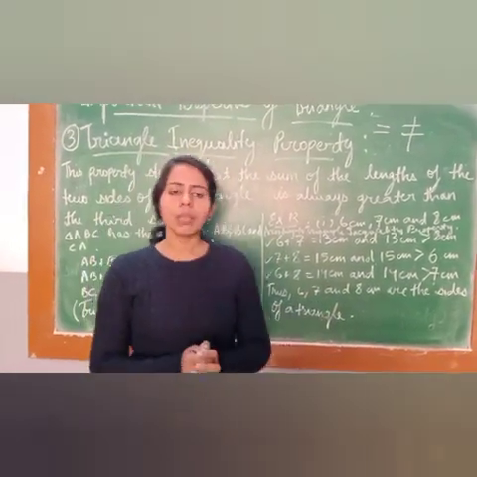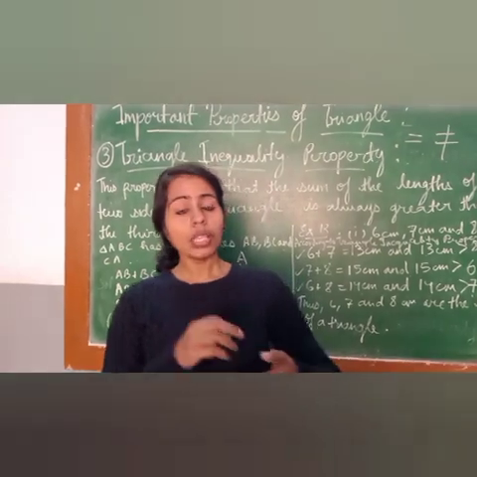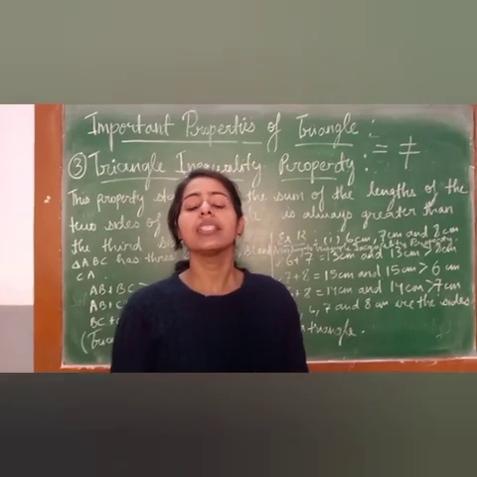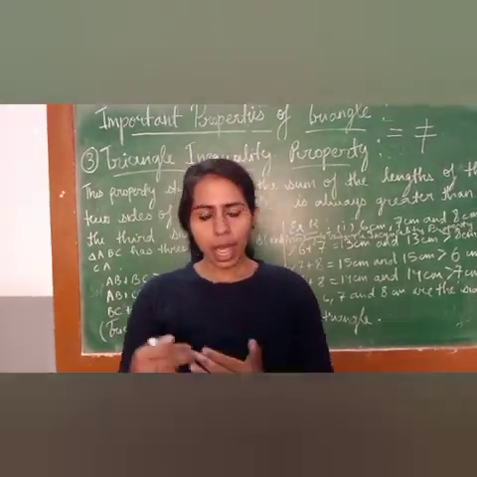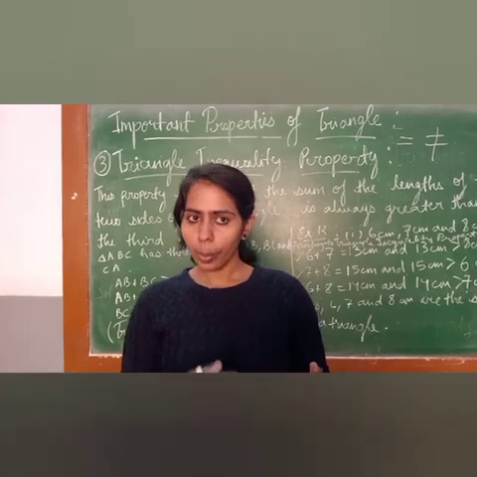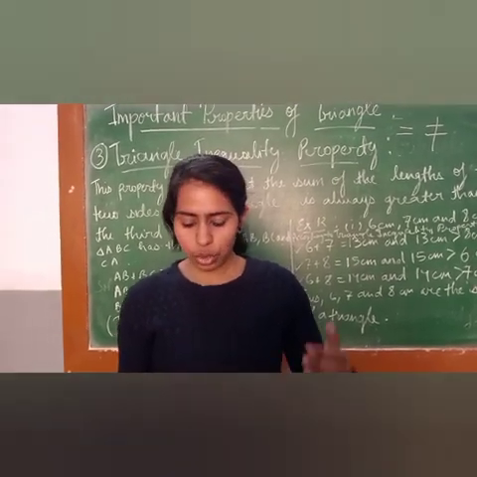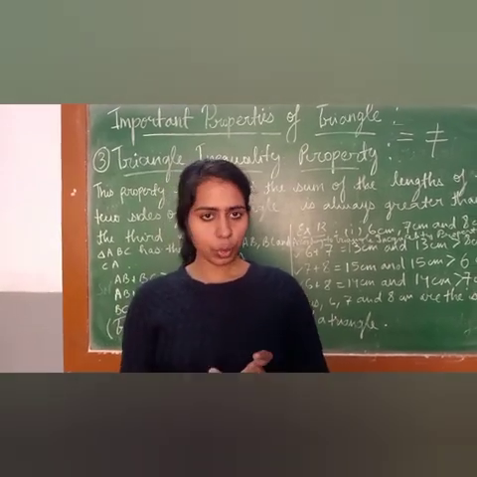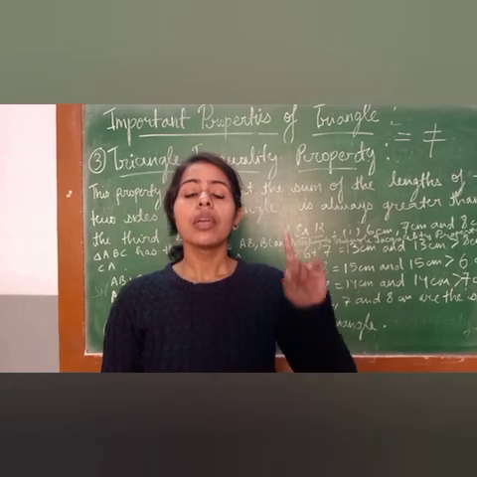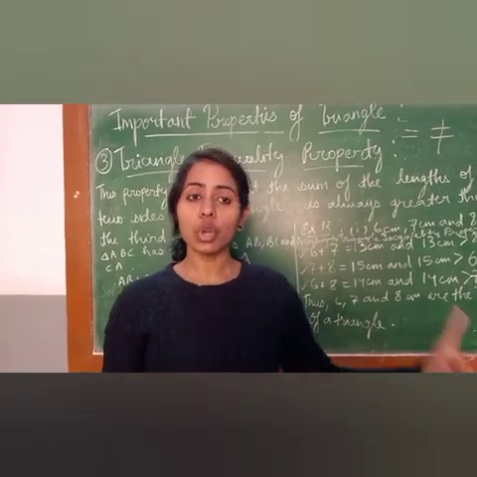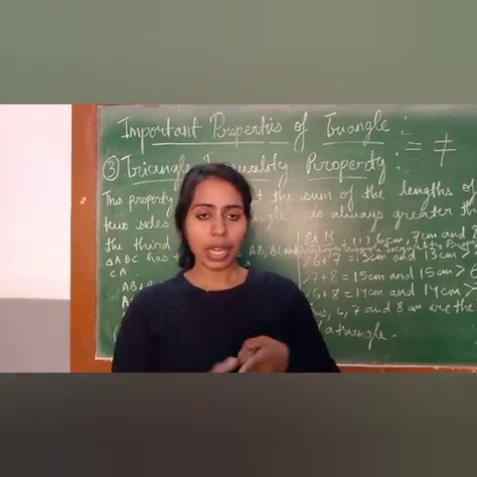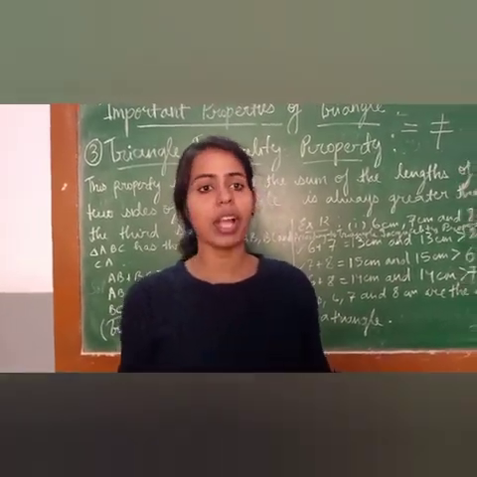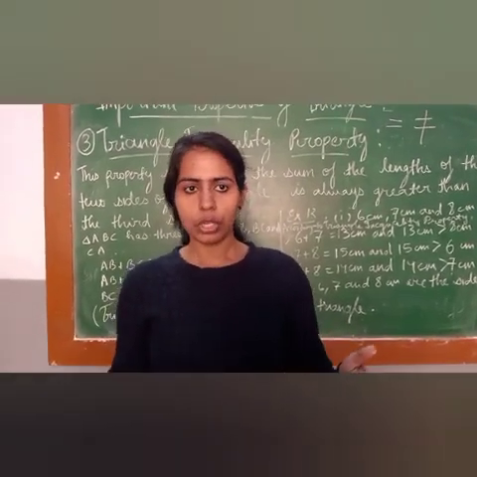Now, this was all about the 3 properties of a triangle. On the basis of these 3 properties of a triangle, you will be able to solve all the questions of exercise 18.2. So now, start doing exercise 18.2 question by question, but you don't have to write the questions, you just have to write the first word of the question and the last word of the question. Then you have to note down the parts. Figures have to be drawn with pencil and that too on the blank side. Okay, points, figure labeling should also be done with pencil. Do not use pen, otherwise I'll straight away cut your solution, right?